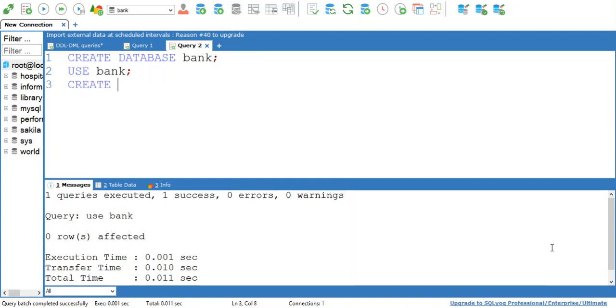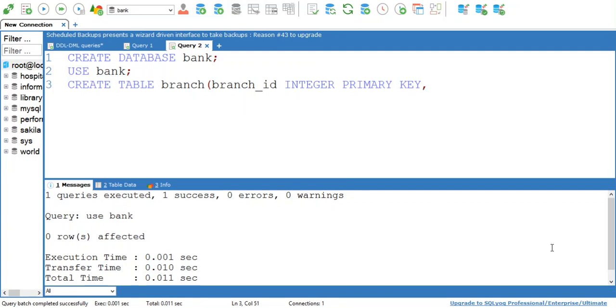Now here I am creating one table which is used to hold information about all the branches of that bank. Okay, so here I have one branch table. My first attribute is branch ID. It is of integer type and it is a primary key.